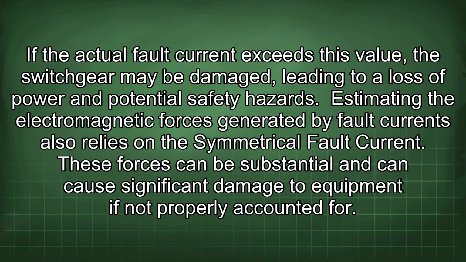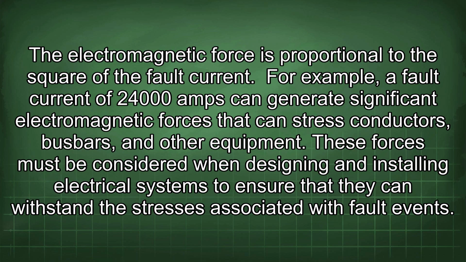Estimating the electromagnetic forces generated by fault currents also relies on the symmetrical fault current. These forces can be substantial and can cause significant damage to equipment if not properly accounted for. The electromagnetic force is proportional to the square of the fault current. For example, a fault current of 24,000 amps can generate significant electromagnetic forces that can stress conductors, busbars, and other equipment. These forces must be considered when designing and installing electrical systems to ensure that they can withstand the stresses